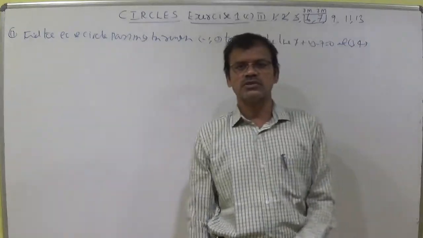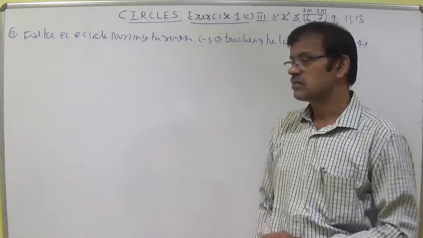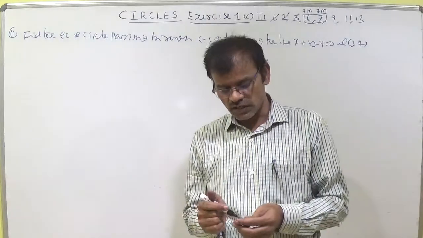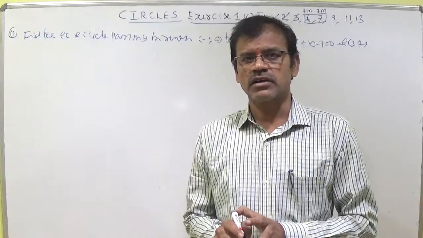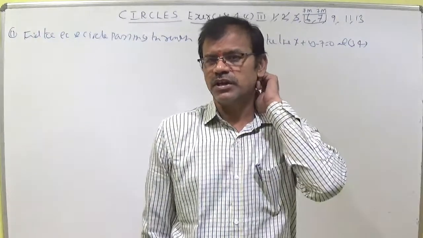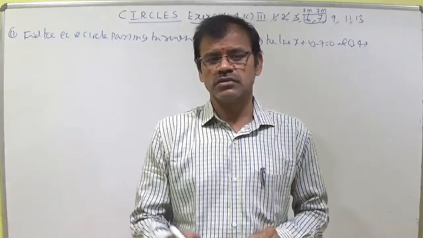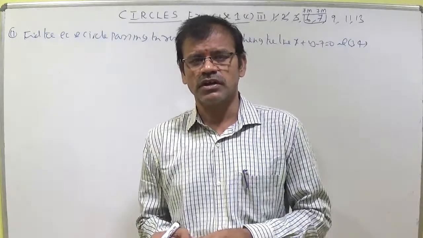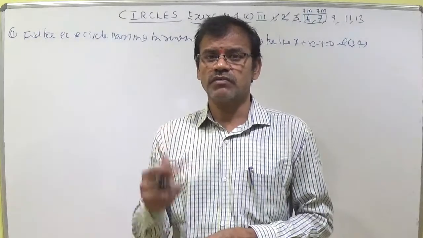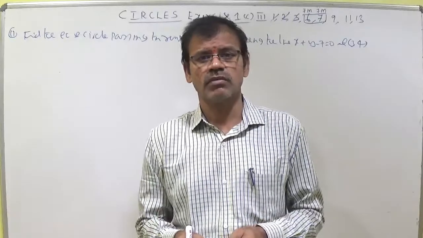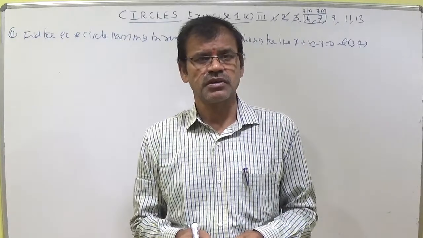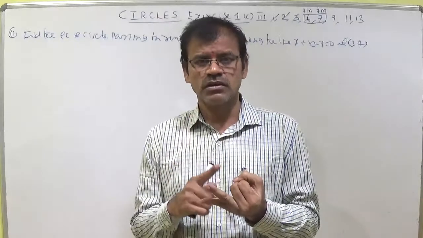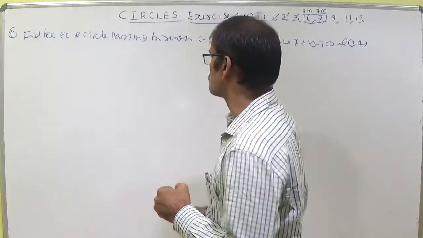This is a variety question because there is no radius, there is no center. If we know the center, we can calculate the circle easily by knowing the radius. How can we find the radius? If it is a tangent, we can write r is equal to d. If we don't know the tangent but a length of chord is given, we use the length of chord formula 2 root r square minus d square. Here he did not give the length of chord, and did not mention a tangent. So what should we do?